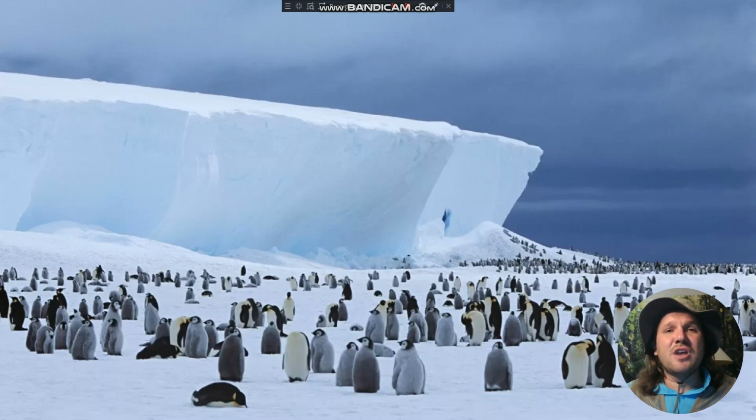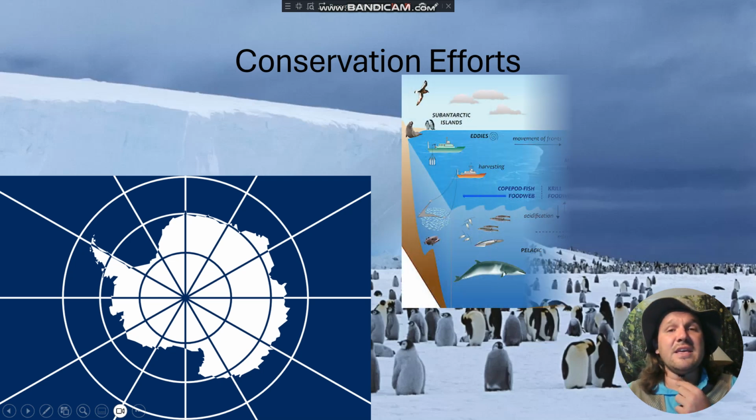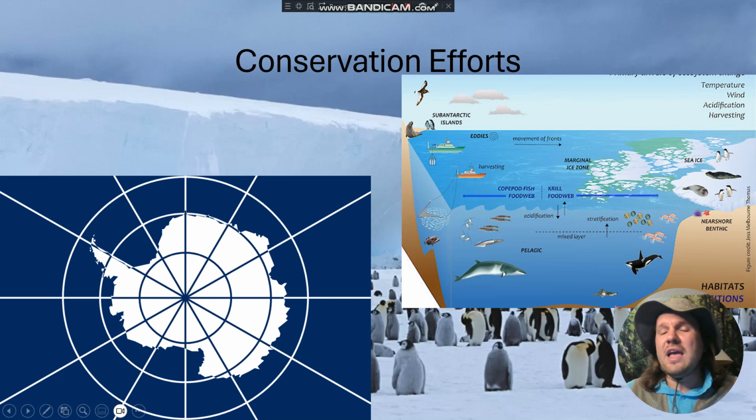Now we can finish up with their conservation efforts. Now, the efforts are addressed in many ways, from addressing climate change, protecting habitat, even trying to restore sections. Thankfully, the Antarctic Treaty System and international bodies like the Commission for the Conservation of Antarctic Marine Living Resources, or CCAMLR for short, are playing a vital role by studying the Antarctic Ocean area and figuring out how we can keep these animals safe by keeping their food secure and preventing more pollution or more human activity on